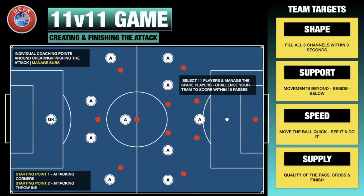We then moved on to 11v11. And we had 2 starting points. So we started from attacking corners and attacking throw-ins, just some things that we needed to work on. So yes, we're working on creating and finishing the attack, but something that I felt we could bring out of the session as well was some attacking corners and attacking throw-ins. So just to show you some of the...